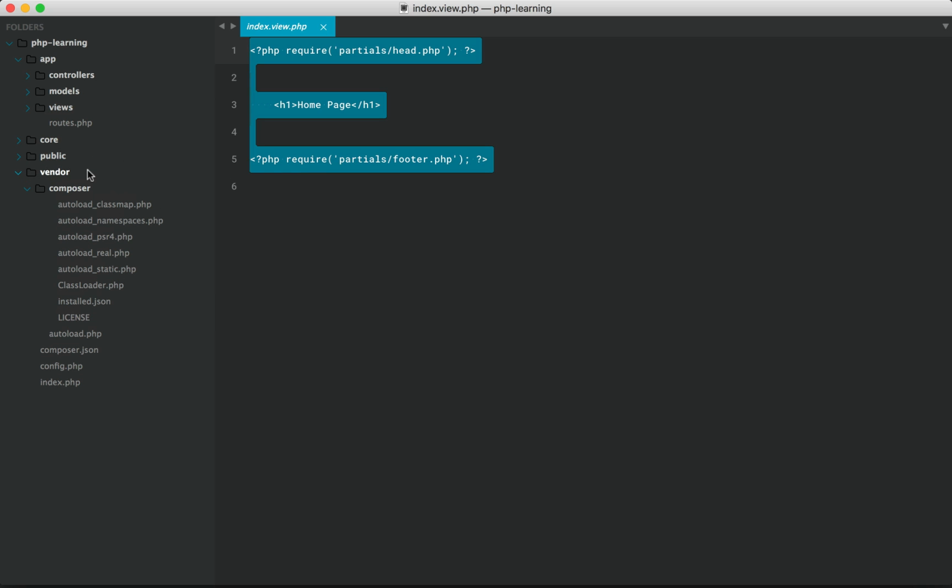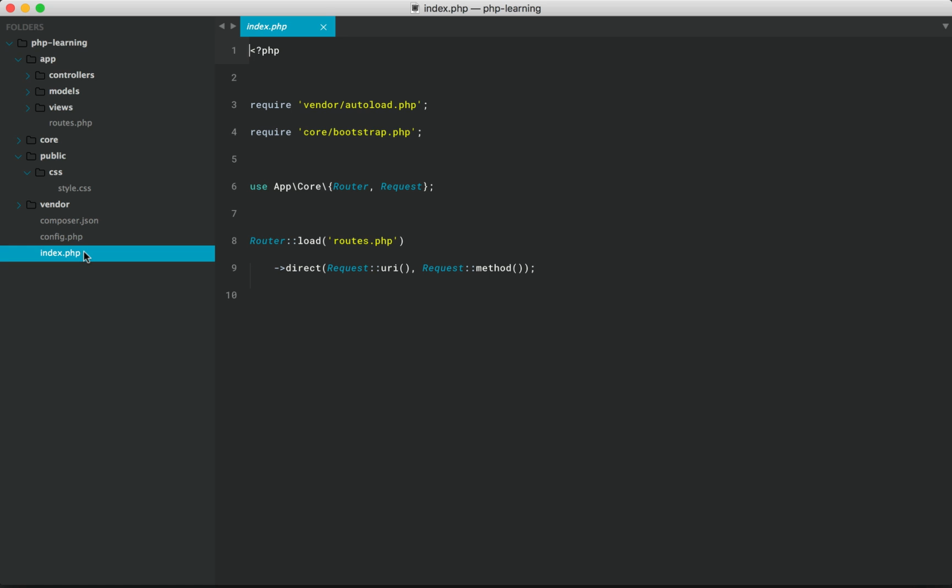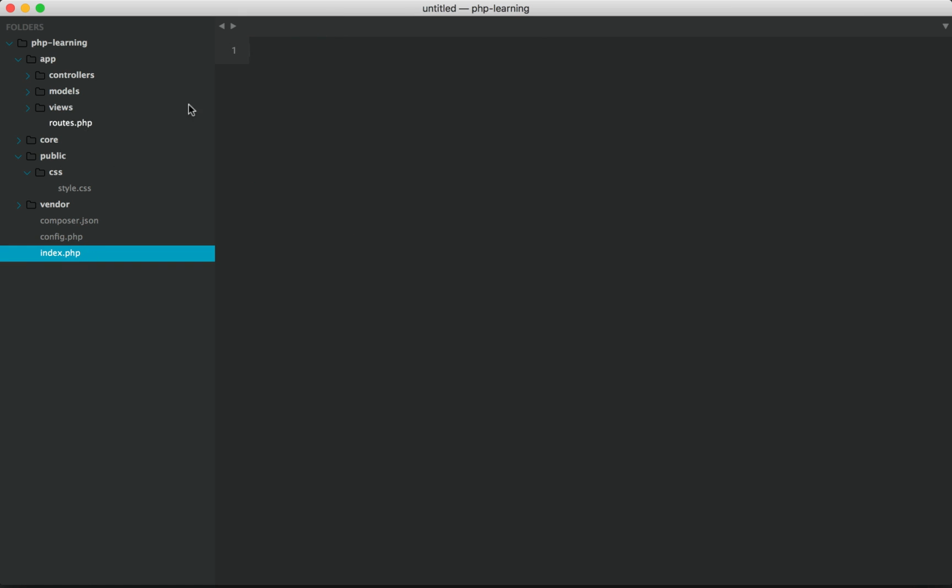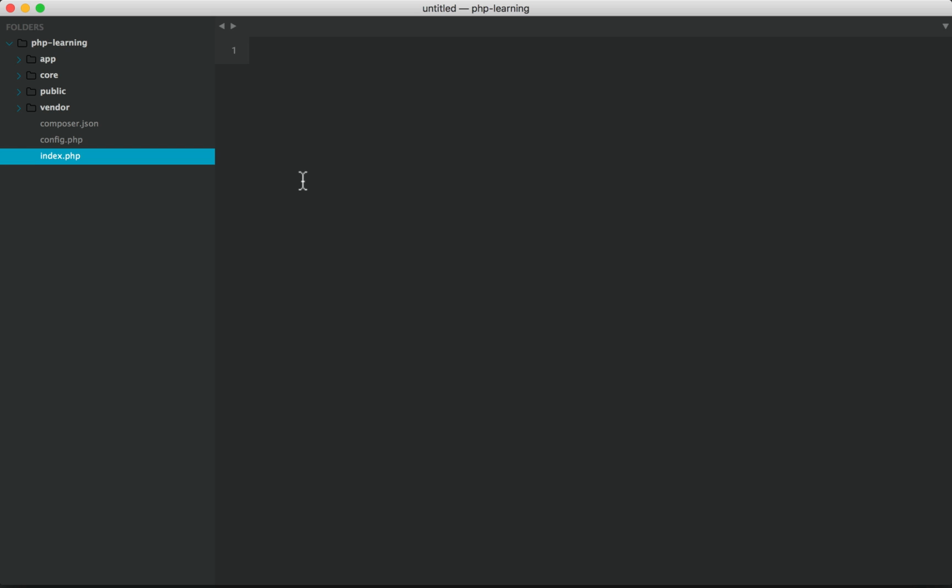The vendor, once again, that would be any composer packages that you pull in that can stay at the top level. And often it's a good practice to separate the public directory from the app. And that way, and this requires a little more server knowledge, they can't get access to any files or data that they shouldn't have access to. So this would be our document root, and incidentally, the index file in real life would probably go within there. Okay, but yeah, we can see this cleans things up quite a bit, I think.